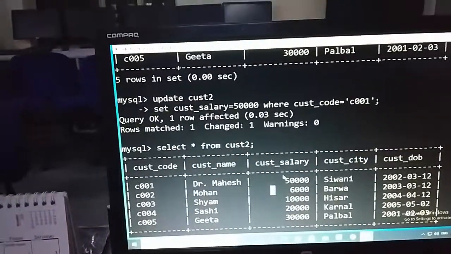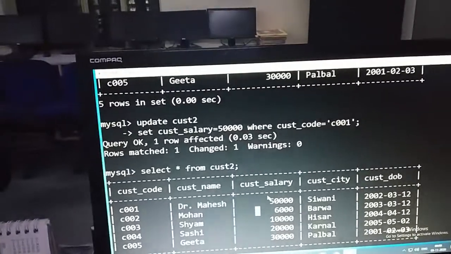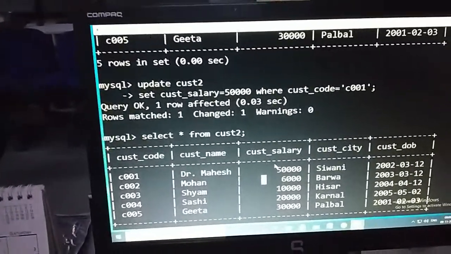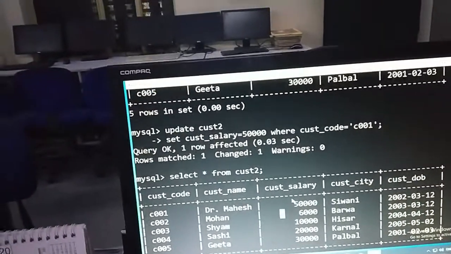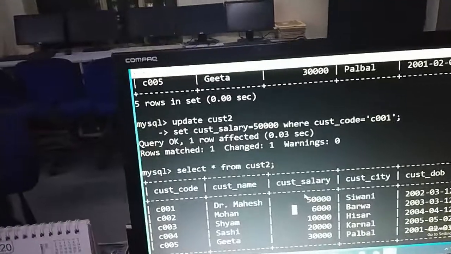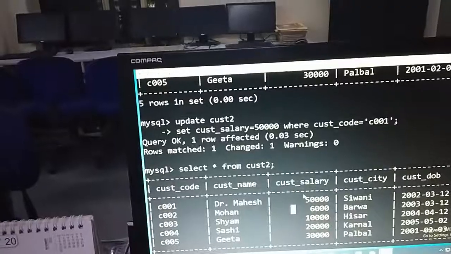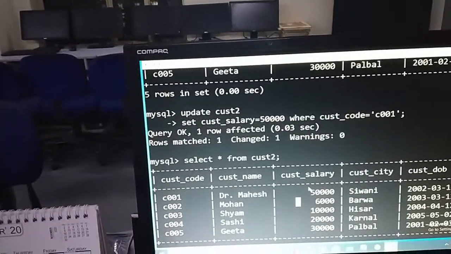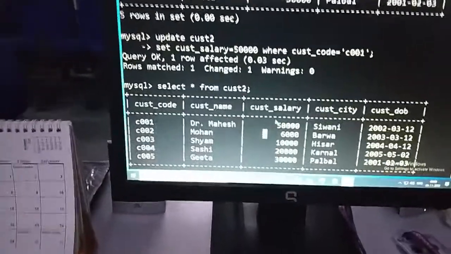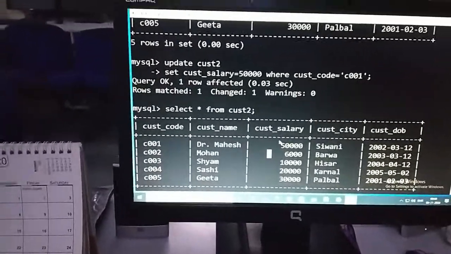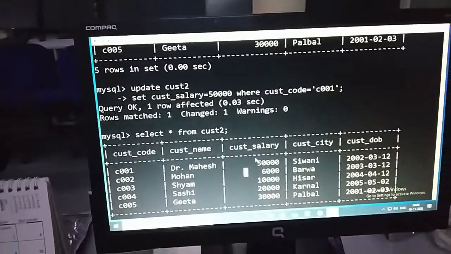Most of the cases we want to update a particular record. Suppose a child got 59.5 and by mistake I entered 49.5. So here I'm trying to change the marks of the child whose marks have been entered by mistake as 49.5, not all. So I have to say update marks, set marks equal to 59.5 where marks equal to 49.5. So this command will change the marks where it was 49.5 to 59.5. So this is how to use the update command.